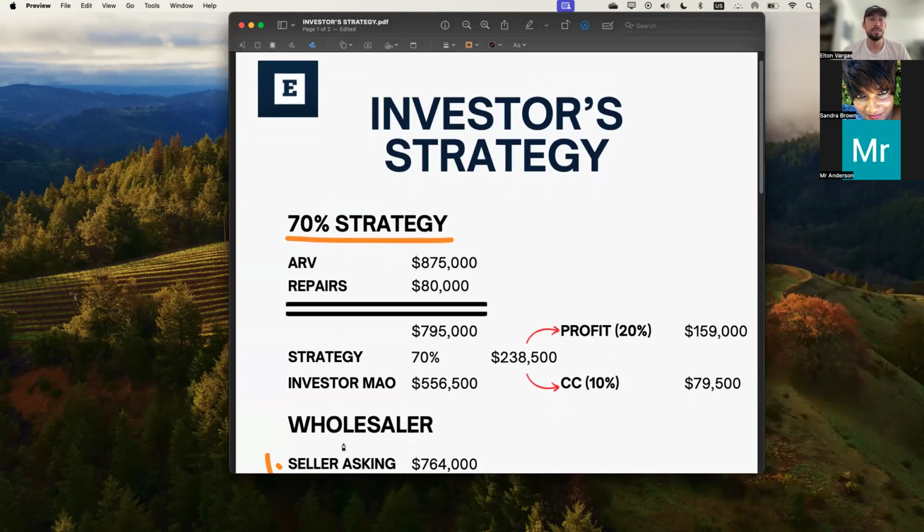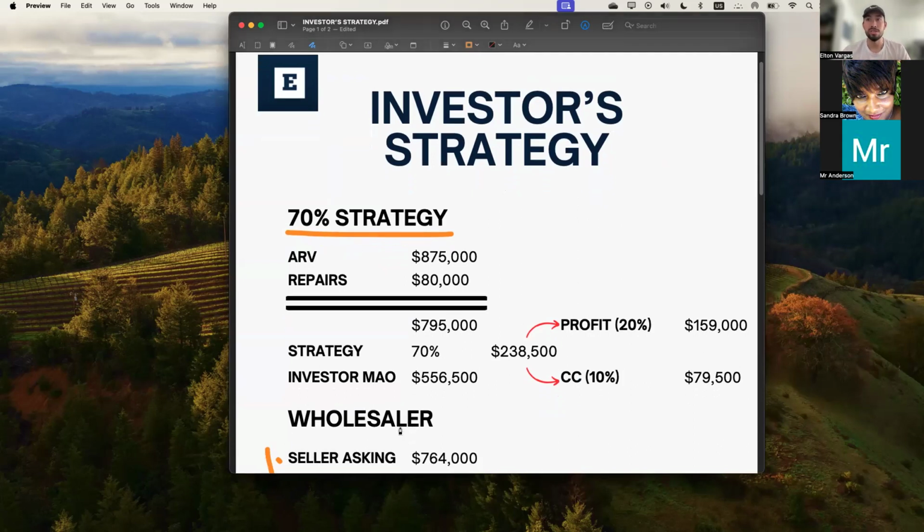So step number one is to know your market, have some buyers already to get in touch with, and then start looking for properties for those buyers, like I was mentioning earlier. So you come across a property that fits a buyer's criteria, and of course the seller wants